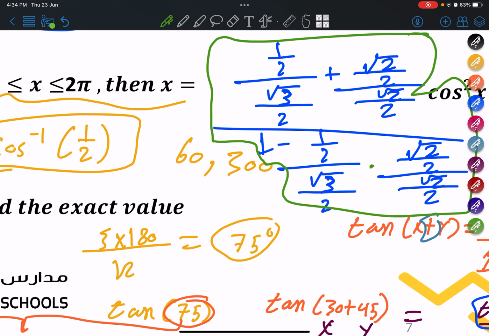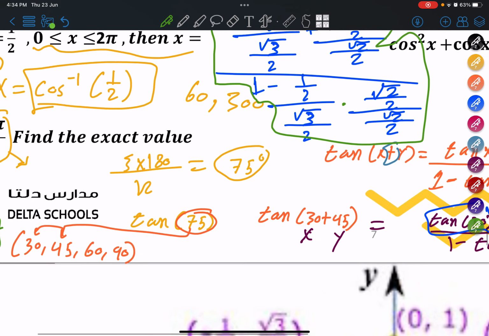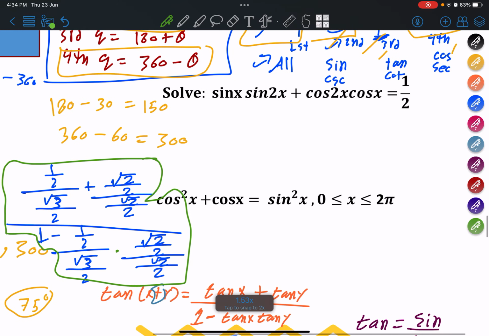Make sure that you don't make any silly mistakes here. I messed it up. Well, in case you get 2 plus root 3, congratulations. Now we can move on to the